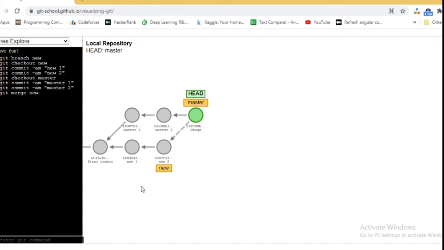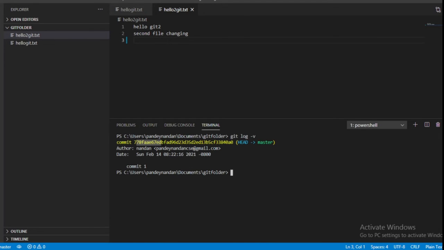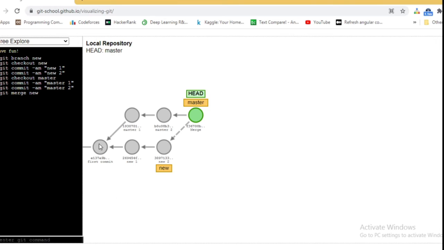So enter it and now you can see that a new commit has been created and it is pointing to both commits. So let's see in the VS Code. So first of all log the commits, git log -p. Here is the one commit, right? Same as this commit. What is the next step? Create a new branch and do two commits on that branch.